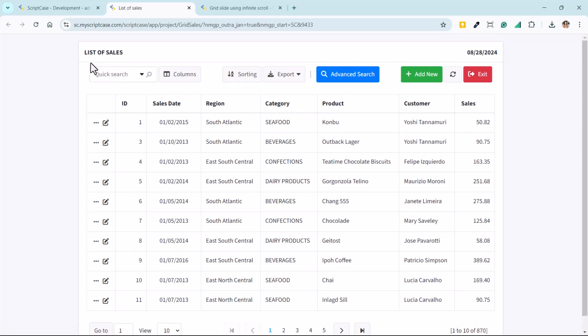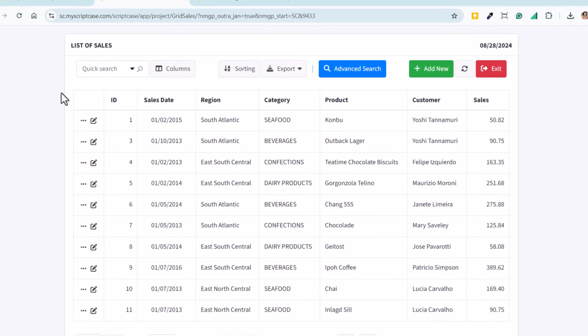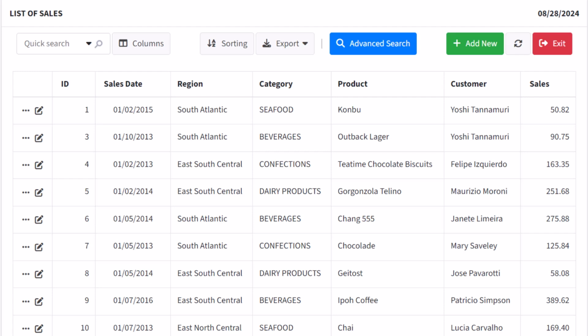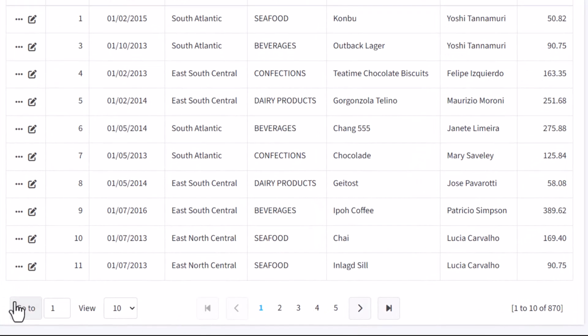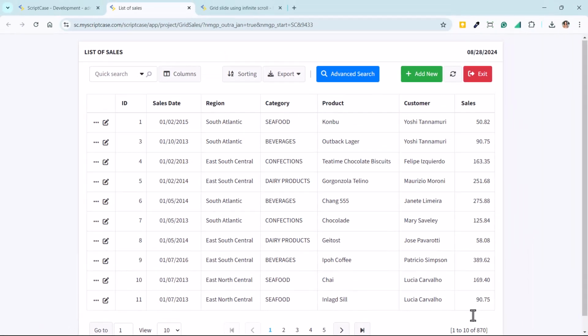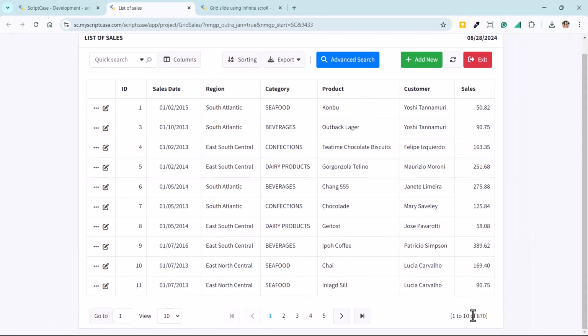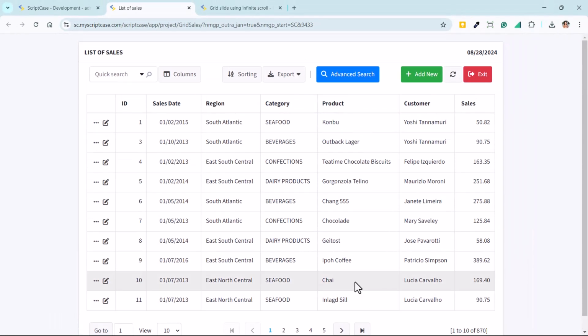So you have the header, then you have toolbar with the buttons on top, then you have the body of the application, you have footer and also button toolbar. The footer is not being displayed here, but we have all these parts, and this is very useful for you to understand how we'll be able to modify the layout of the grid application.